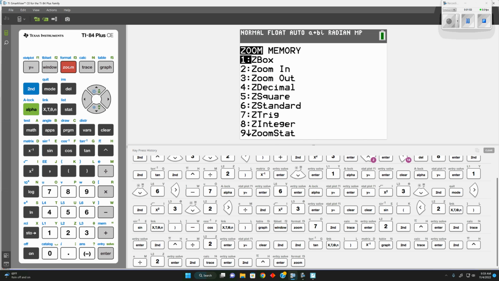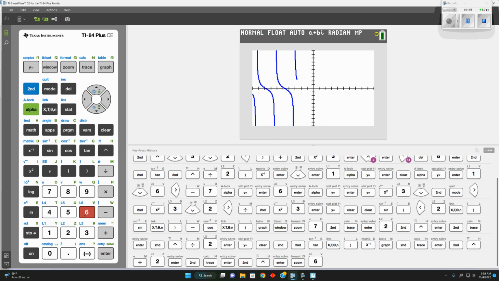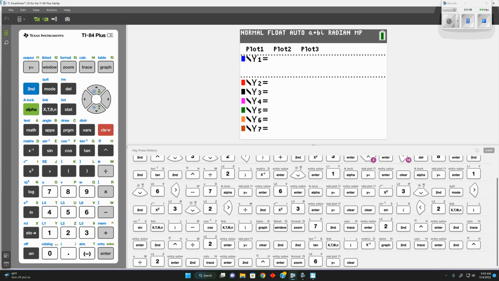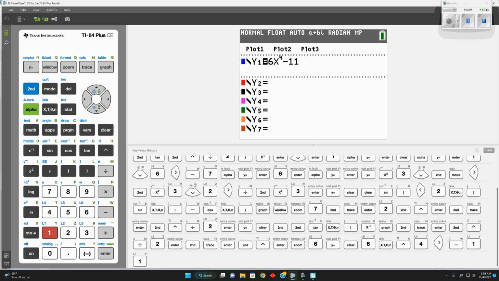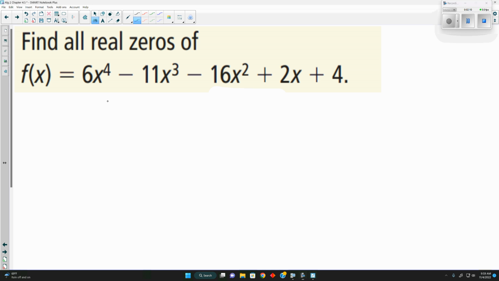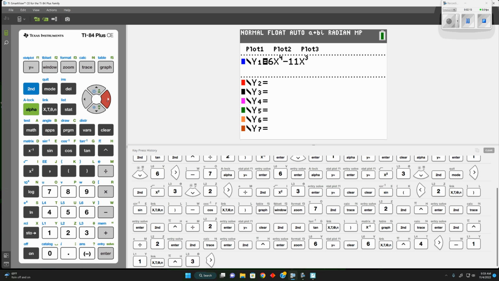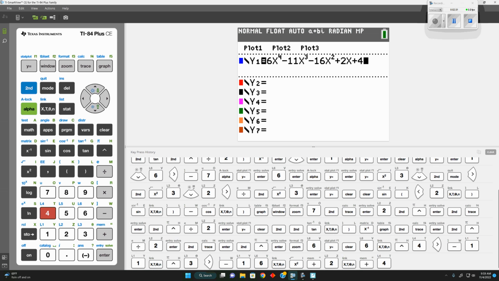So, in the graphing calculator, 6x to the fourth minus 11x to the third minus 16x squared plus 2x plus 4. So once we type this in and hit graph,